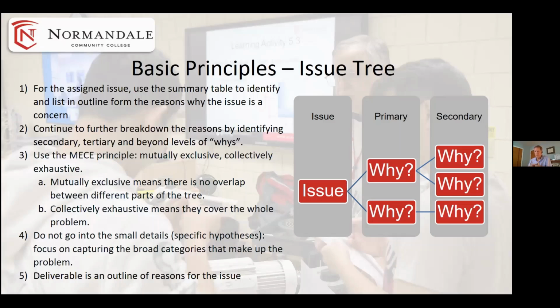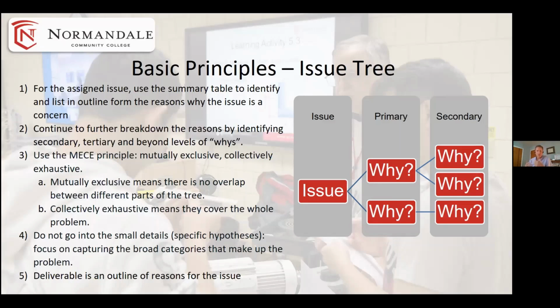We're going to ask you to do it in outline form, which I think is probably easier from a note-taking perspective. You don't have to worry about the details of what the picture looks like. We can make it look fancy later. But we want you to just start digging down. You can use the data that's in that shared doc that came out of the gap analysis, or maybe you've got something new to add to it. That's fine. And just spend some time breaking down into primary, secondary, tertiary, however deeply you feel like you can go with it.